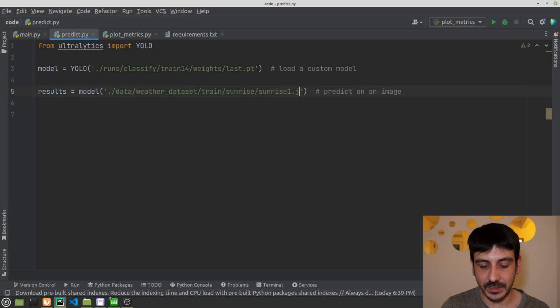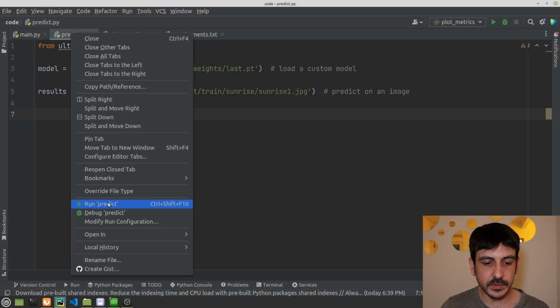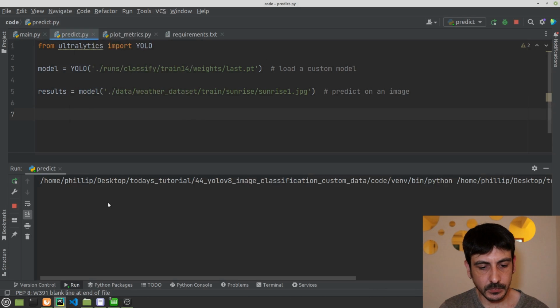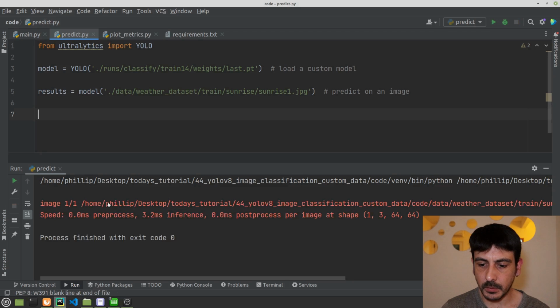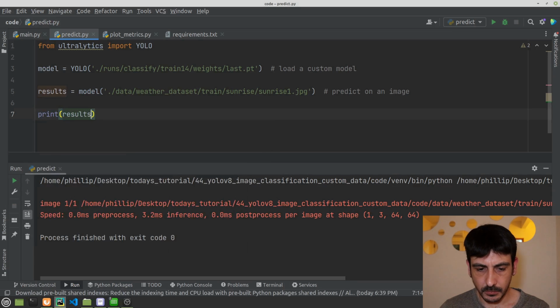So this is going to be something like sunrise1.jpg. And this is pretty much all. So these are the results. The first thing I'm going to do is just trying to run this code, and let's see what happens. Everything should run smoothly, but this is where we're going to see if we have any error or something like that. We may need to wait a couple of seconds, and everything seems to be working fine because we didn't get any error. So what I'm going to do now is I'm going to print results